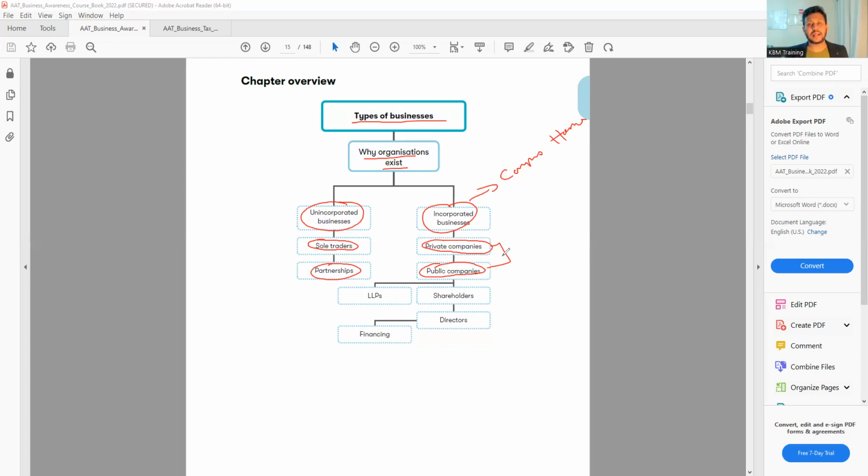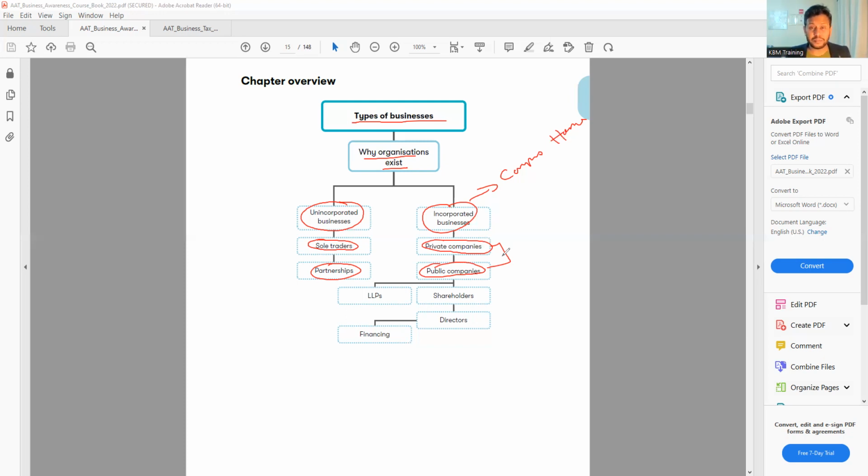For example, they can solely do the business to make the profit. For example, Asda, Sainsbury, Tesco, the way they do their business. And it is possible the business can be run for the best interest of the public. For example, the NHS, the TFL, the NGOs, this sort of business,